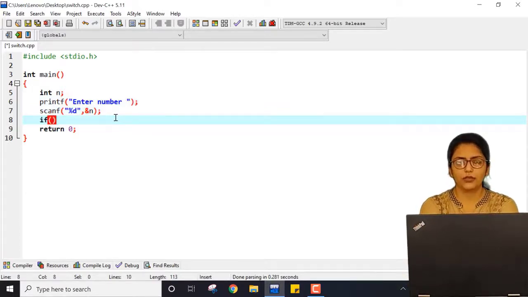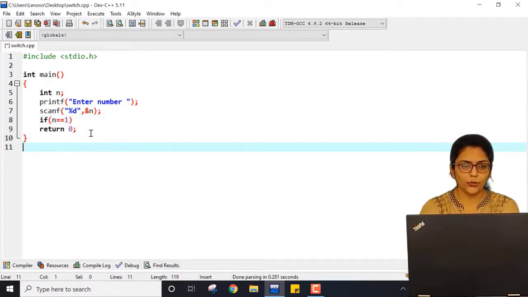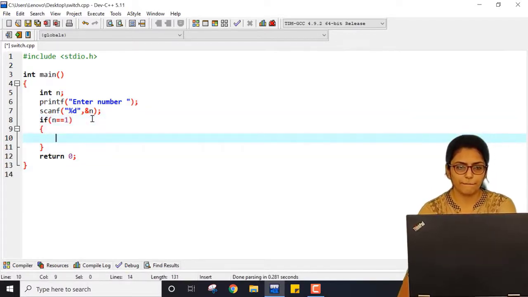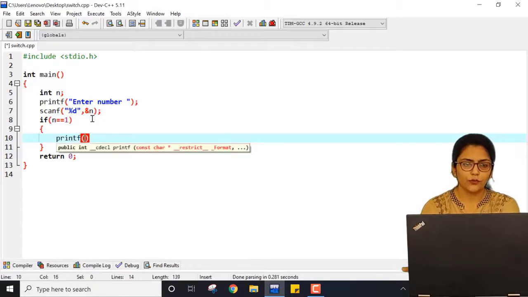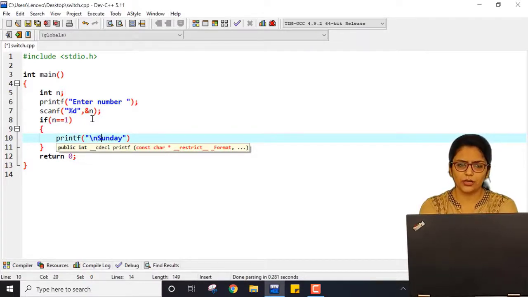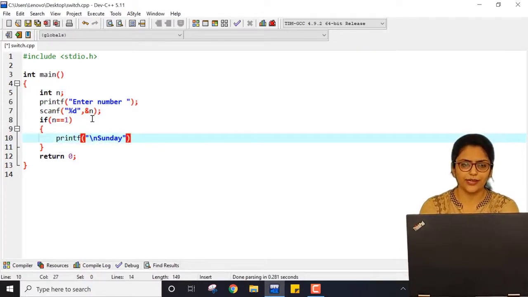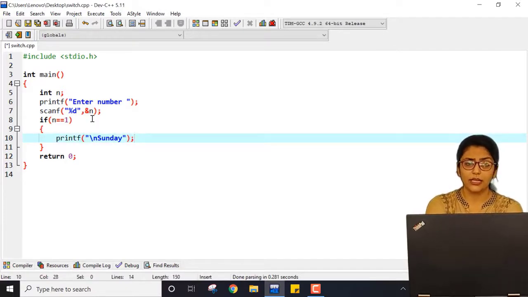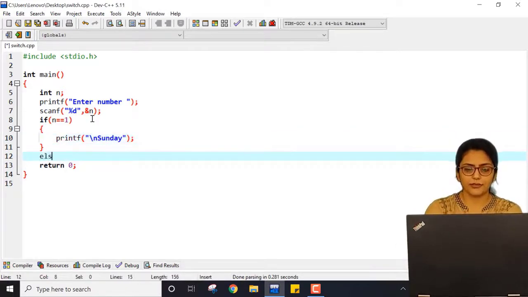Then what I'm going to do: if n is equal to 1, printf Sunday. I'm just going to print this bluntly, because we need to understand the concept, not the syntax and the patterns.